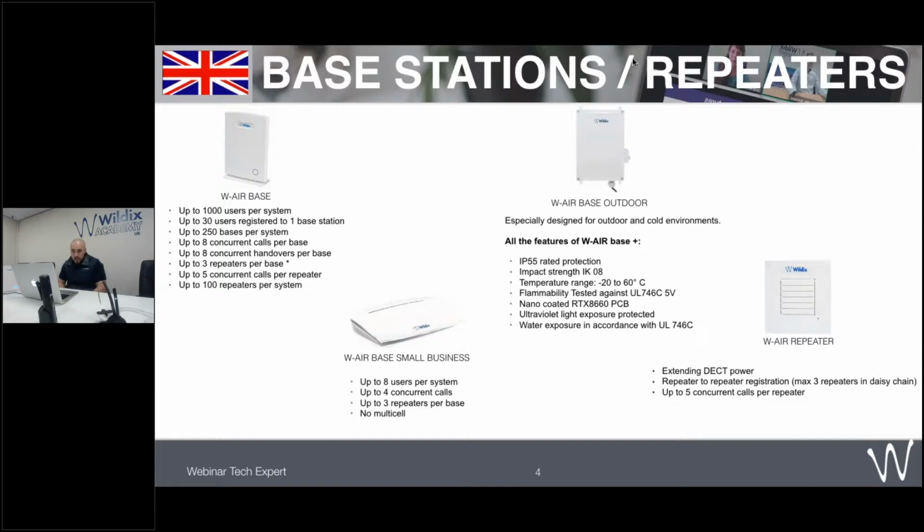3 repeaters per base, and they can be in a row as well, which I'll cover, and up to 5 concurrent calls per repeater, and then up to 100 repeaters per system. So it's really scalable, the WL base, and it's the same with the WL base outdoor one that we've got here as well. So the WL base outdoor is exactly the same as this in terms of feature set, but